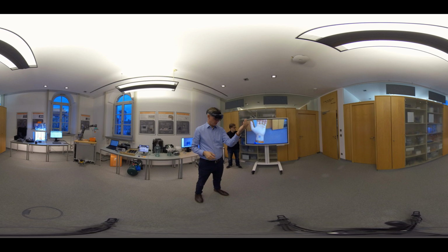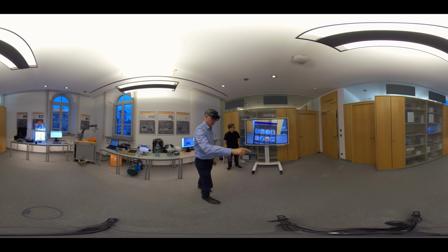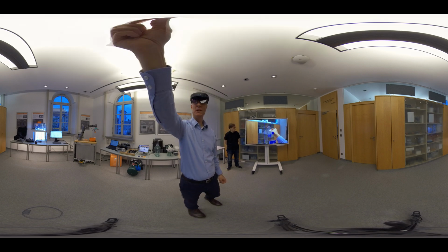So here you see a little Windows icon. So if I click the icon, a menu is going to pop up. And then in this menu, I can operate a program and download some files. So here's a library, and let's download this file from the ballerina. The model is being loaded, and now we have a little ballerina here, and I could put it on the